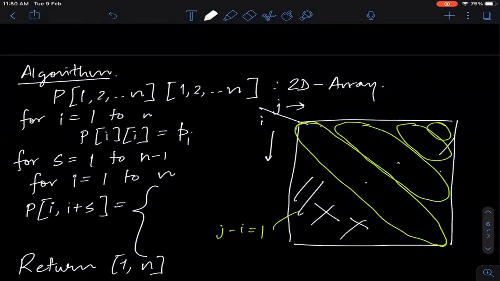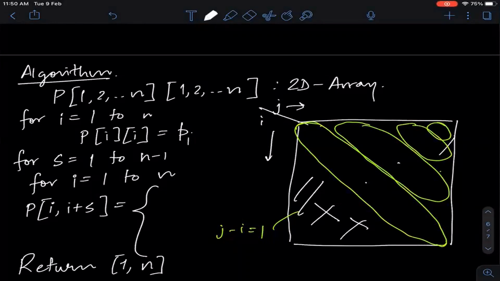So the reason it's n cubed is, well, I'm filling up n square many entries roughly. So it's not exactly n square, it's n square over 2, because remember, I'm only filling up starting from the main diagonal and going towards the northeast. So I'm just filling up half of this matrix, but that's still order n square. It's roughly half of n square, right?